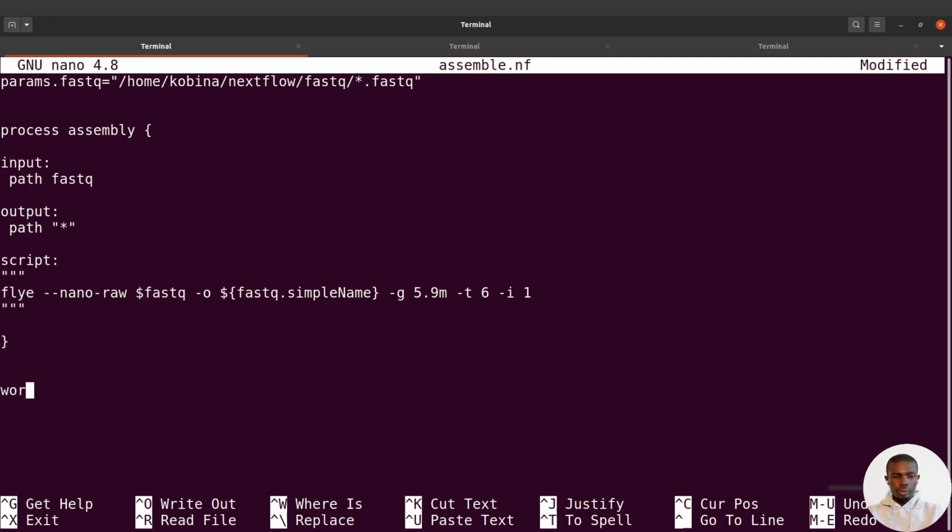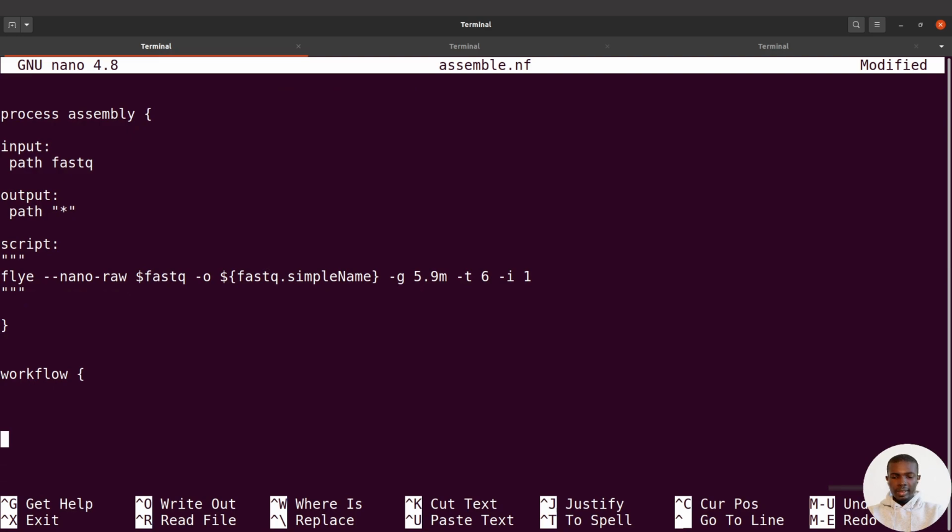So we say workflow, and then we bring a curly bracket again, and then another curly bracket somewhere here, and in between we can add our final command. So let's say finishing touches. Let me just switch that way. So if you have a process, in order for you to run the process and perform the analysis on the